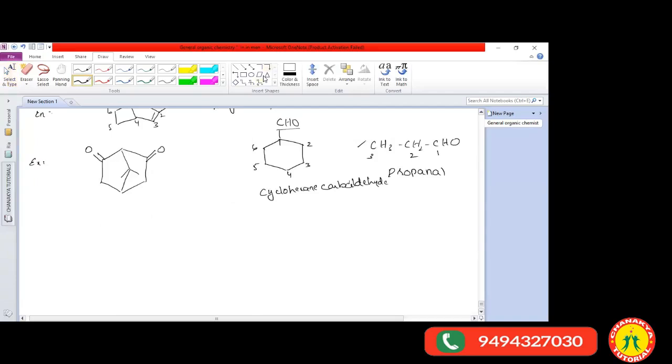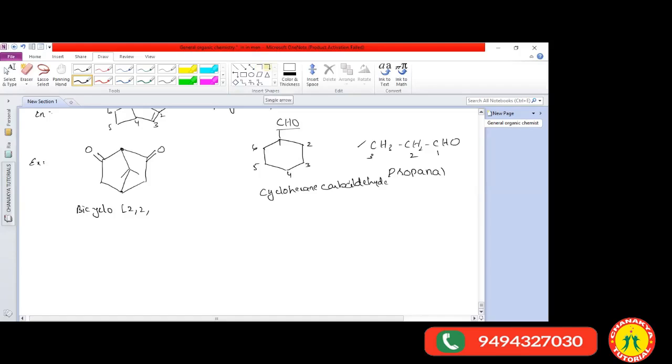Sir, is it bicyclo 2, 2, 2 hexane 2, 6 dione? Bicyclo 2, 2, 2... It's not 2. Anjan, let us see. On this left side, this is a bridge carbon atom. This is also a bridge carbon atom, Anjan. So, excluding the bridge carbon atoms,